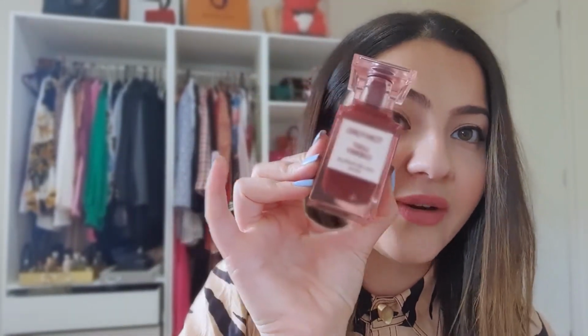So the thing about Lost Cherry is, if you purchase it, you have to come to terms with the fact that this is a fragrance that you are going to smell on yourself, and you will be able to smell it on yourself, but nobody else is going to be able to smell this on you. Not at all. The only way that anybody else is going to be able to smell this fragrance on you is if they hold you tightly, or they give you a real big hug, if they have carnal knowledge of you. That's how they're going to be able to smell this fragrance, but they are not going to be able to smell it for any other reason,